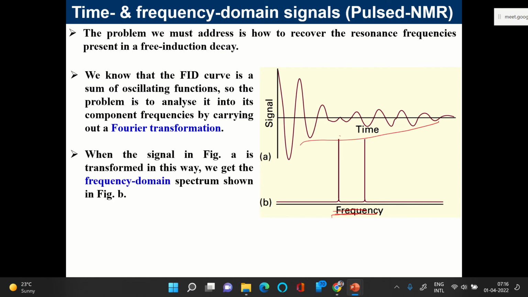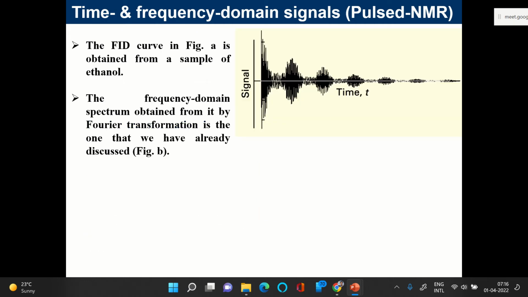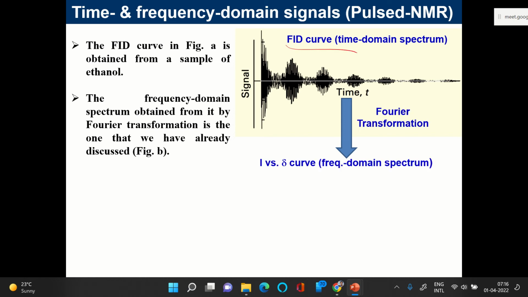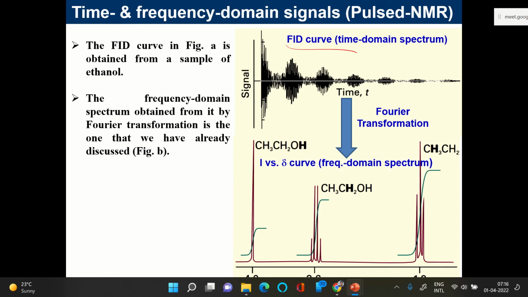So that conversion from a time domain to frequency domain is done through Fourier transformation. So we went to the example of this ethanol again. So this is a typical FID curve obtained in a pulsed NMR, which when transformed using Fourier